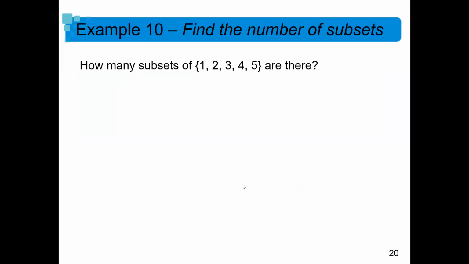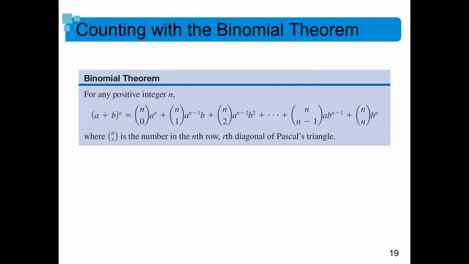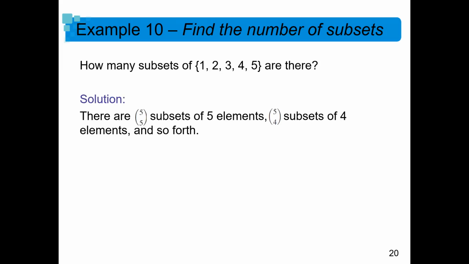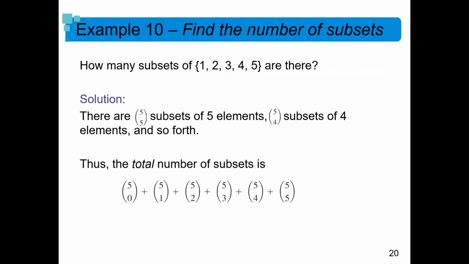So another application is finding the subsets. And in fact, in finding the subsets, we utilize the binomial theorem. So how does that work? Well, when finding subsets, the method that we really need to do is to list down and add all subsets, no? So the total number of subsets actually is